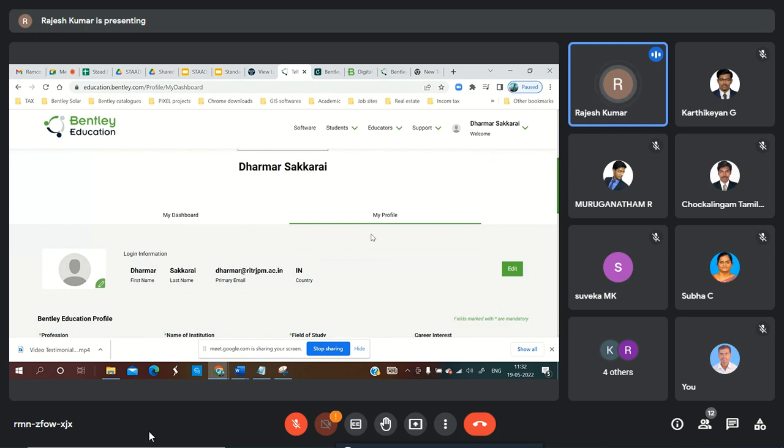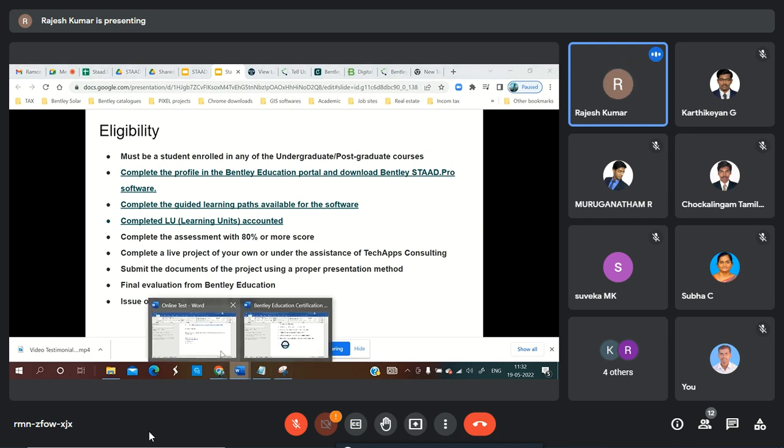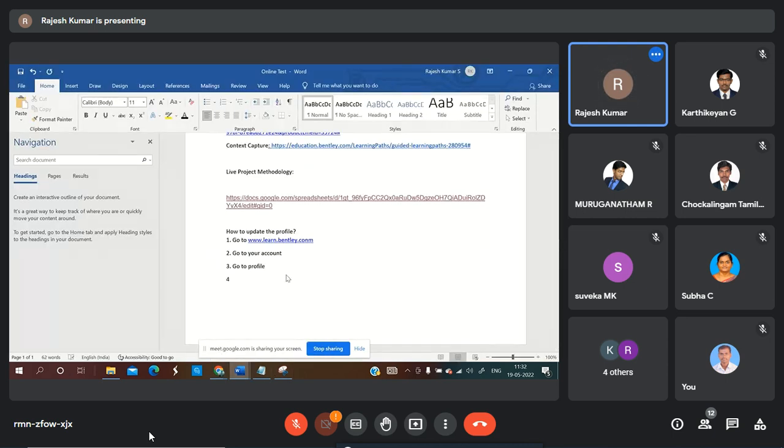This is the first process. You need to have a proper domain email ID. That email ID has to be added in the Bentley server. Responsibilities have to be given for that. And then you have to update your profile. So updating your profile, okay? Either go to learn.bentley.com or go to education.bentley.com.